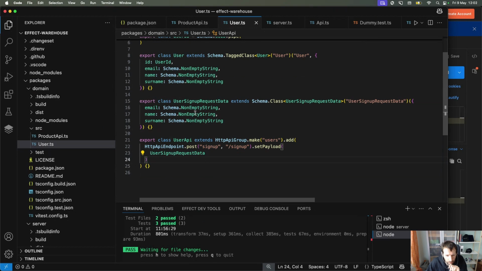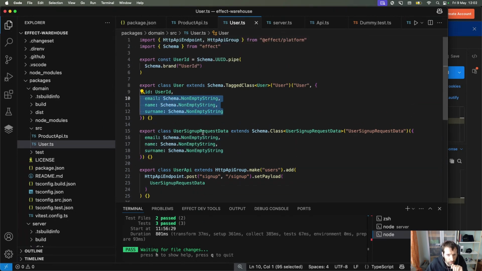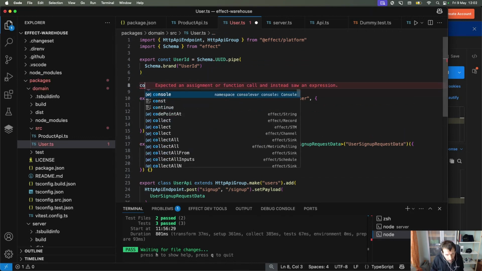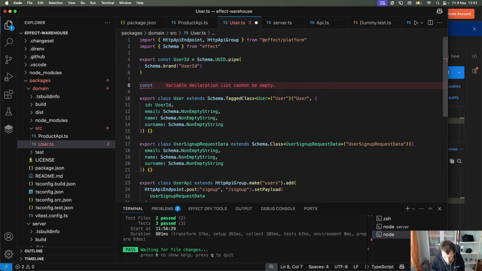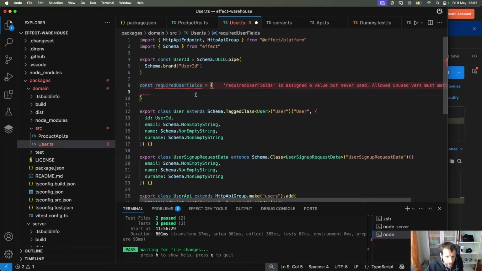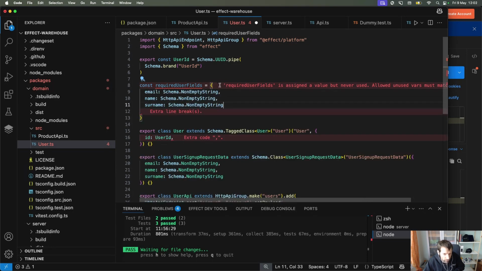You can see here that we have basically duplicated things that maybe we don't want to duplicate. So one thing that I usually do is something like const requiredUserFields equals, and then I basically move them into here,